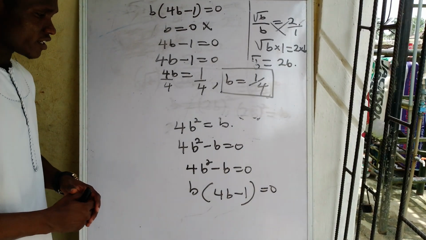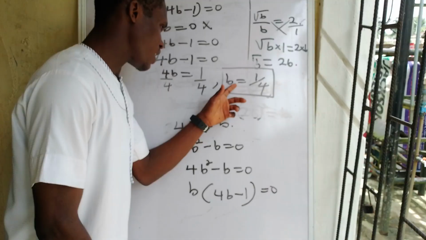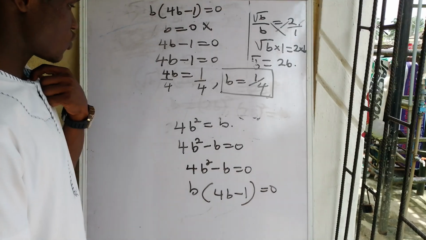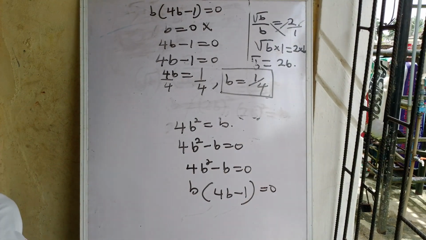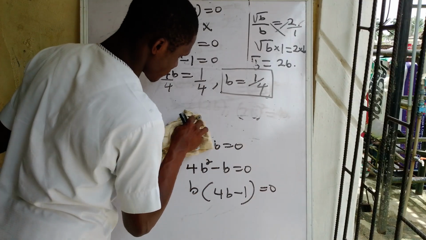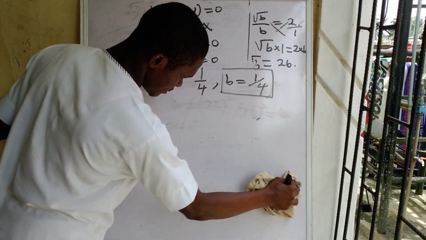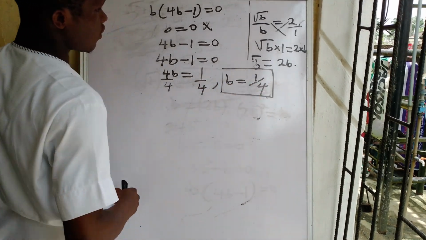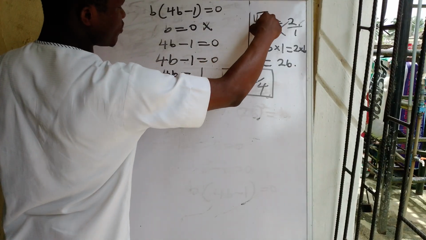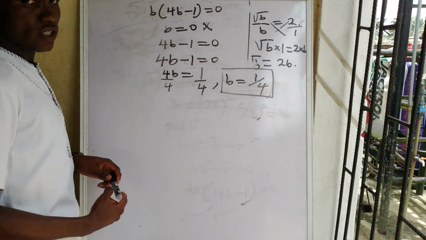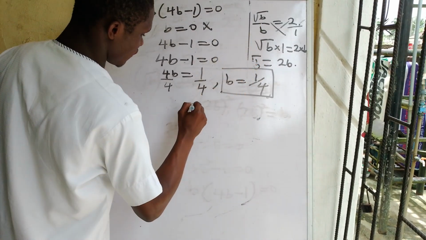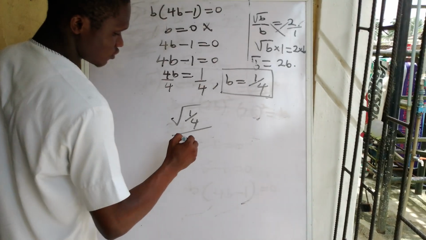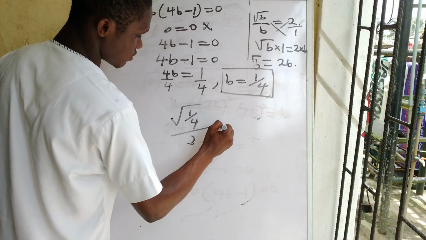What we are interested in next is to substitute this value of b into this equation to see if we are going to get the value of 2. So let's do that by erasing this part again. Remember we have b equals 1 over 4, and the question is root b divided by b equals 2. If we substitute this, we have root of 1 over 4, over